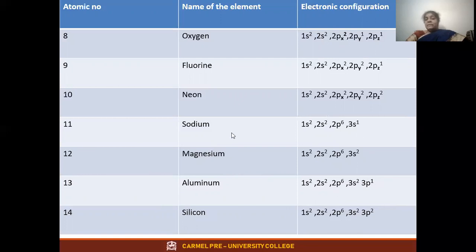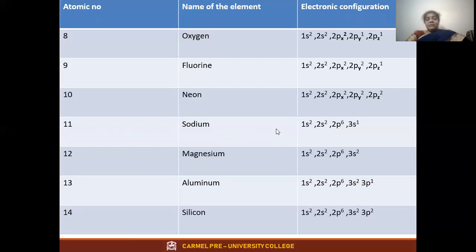Take this as homework. I want each one of you to write the configuration for 1 to 30 elements in your book. Till 14 I have shown you how to write. From 15 to 30 you should write on your own and it should be there in your notes. When you start writing, you'll understand what difficulty you find. Wherever you find any difficulty, make a note. We will discuss when you come for the offline classes. Or if you want to clarify your doubt immediately, you can personally message me. I'll help you.